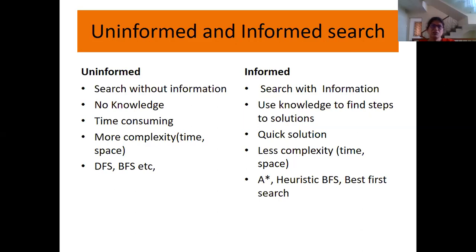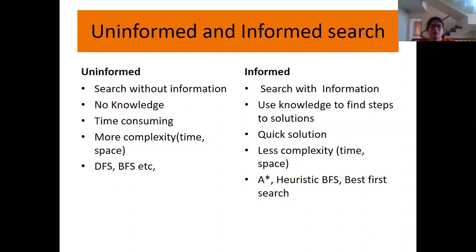Uninformed search is like a brute force method or a blind search. Here, to reach a goal state, one needs to explore the whole state space, as data is available only about the start state and the goal state without any domain knowledge to guide us. So it is like, without knowing anything, you try to search all possible solutions. But in the case of informed search, we are using information, and this information is called heuristic.